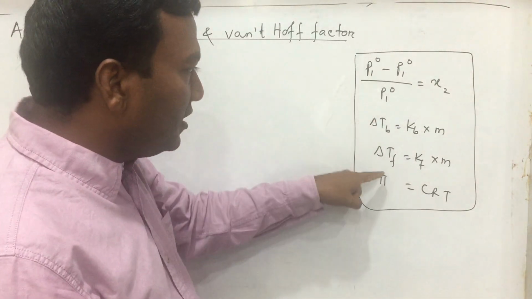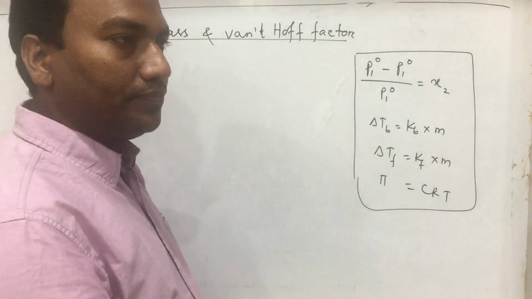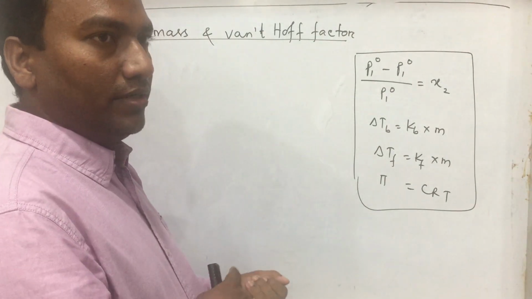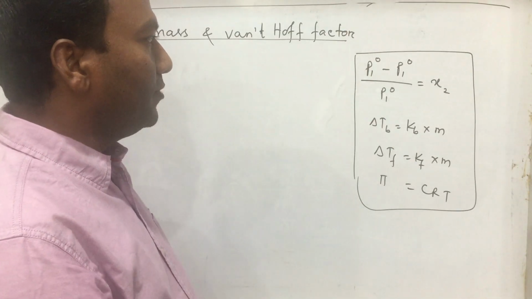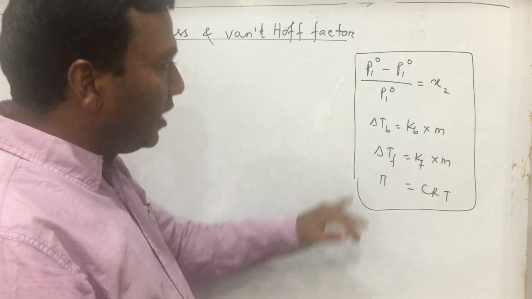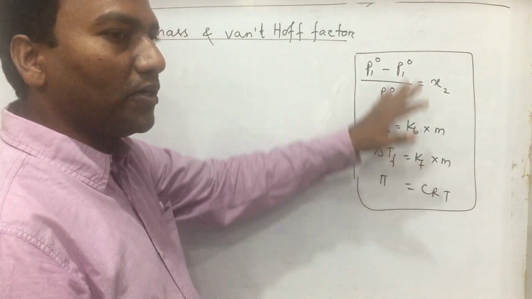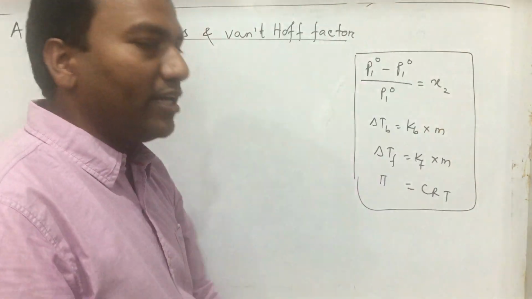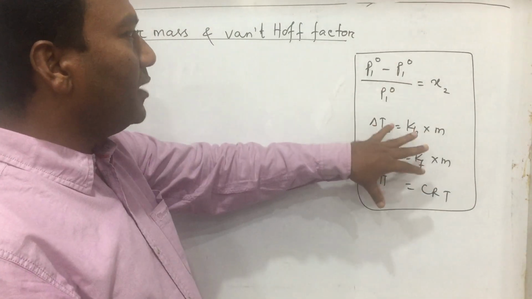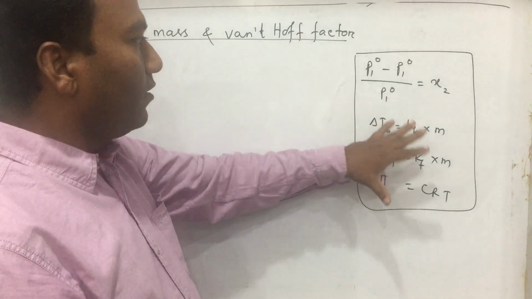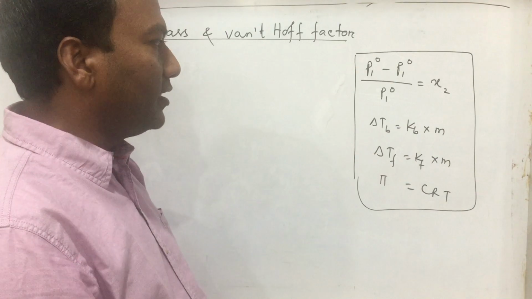Suppose the solute is sugar, or glucose, or benzene. There is no problem because these are all non-electrolytes. But if in place of sugar you take sodium chloride, then all the 4 colligative properties will come out wrong, and the molar mass will also come out different. That's why the 4 colligative properties are coming out wrong.